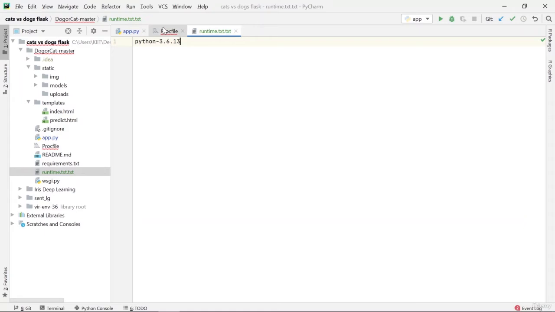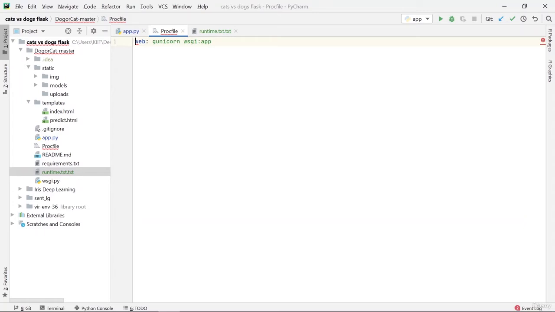Now let's come back to the Procfile. Procfile is the mechanism for declaring what commands are to be run by your application on the Heroku platform itself. The commands that Flask itself runs, which I specified in the last part, are what this Procfile is telling Heroku to run too.